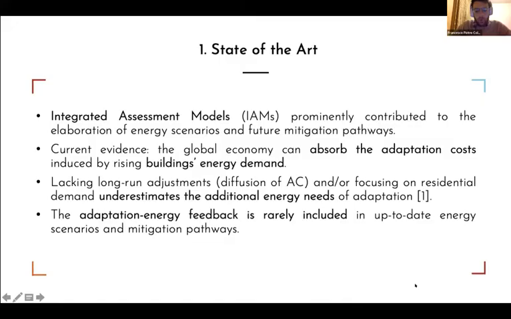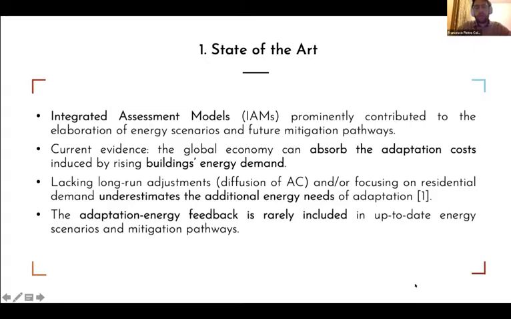We chose to investigate this aspect because currently most of the evidence coming from IAMs on the impacts of climate change adaptation on energy demand suggests that the global economy can absorb the adaptation costs related to buildings energy demand. And in a review that we conducted, we found that not all the modeling studies actually look at the long-run adjustments that refer to the extensive margins, so basically the potential impact of larger diffusion of air conditioning appliances,